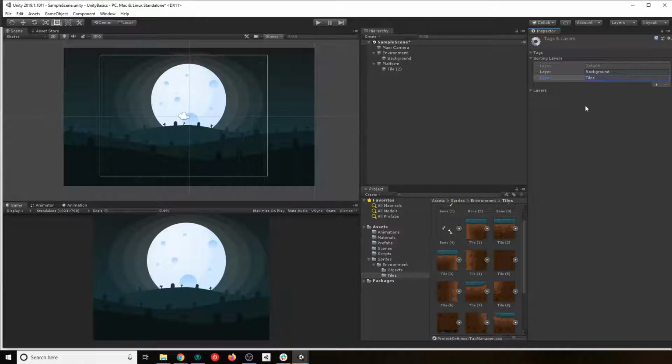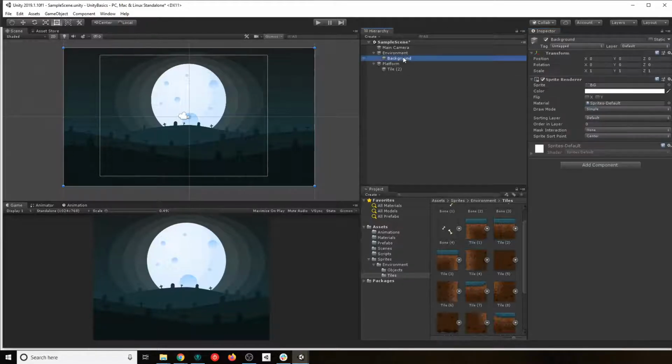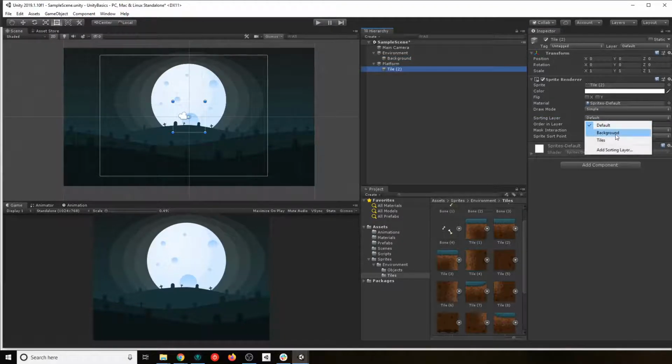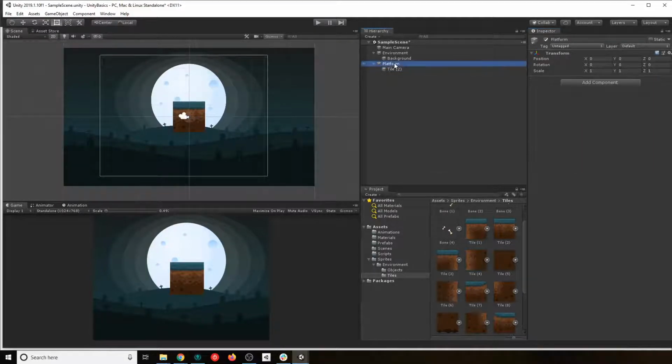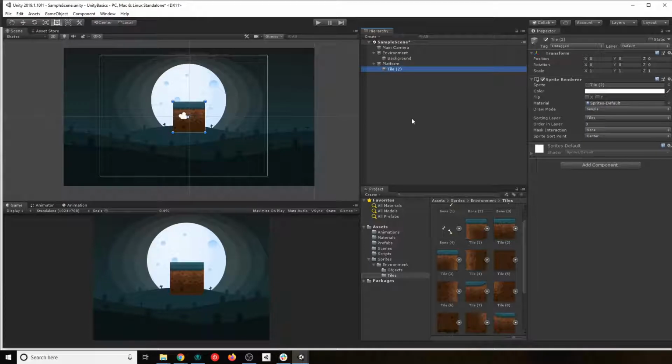So I have these two layers, and depending on the order that I have them here, like I can move this here, they will appear in my game. So I need to change this to background, and my tile, I will change it to tiles, and now my tile just appeared. Simple as that. Okay, so we have our tile there. It's nice, it's working.